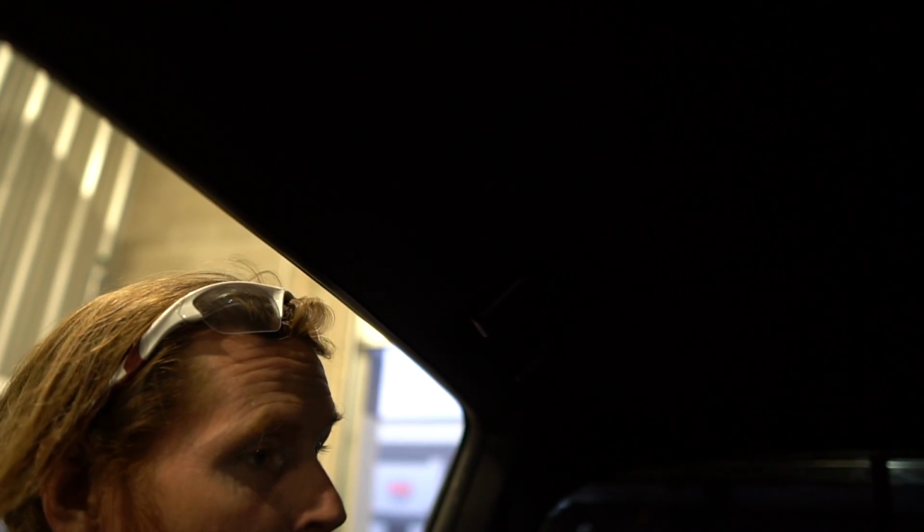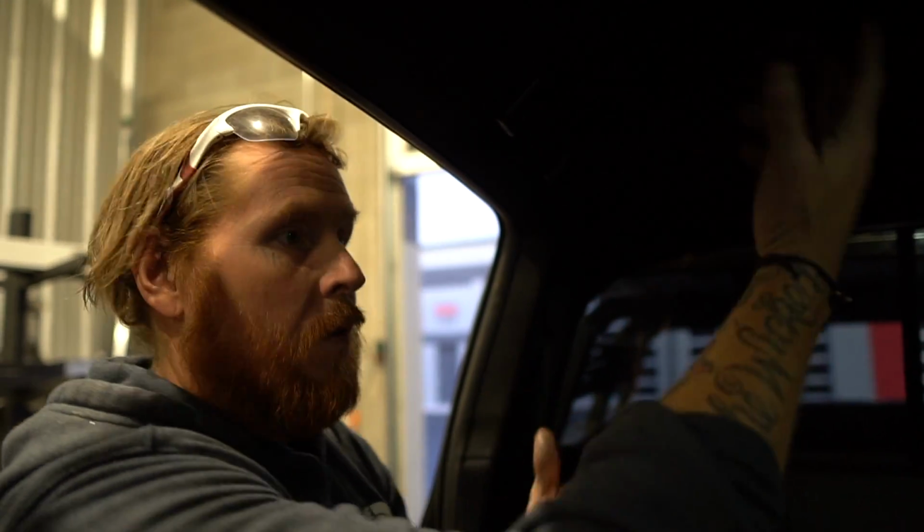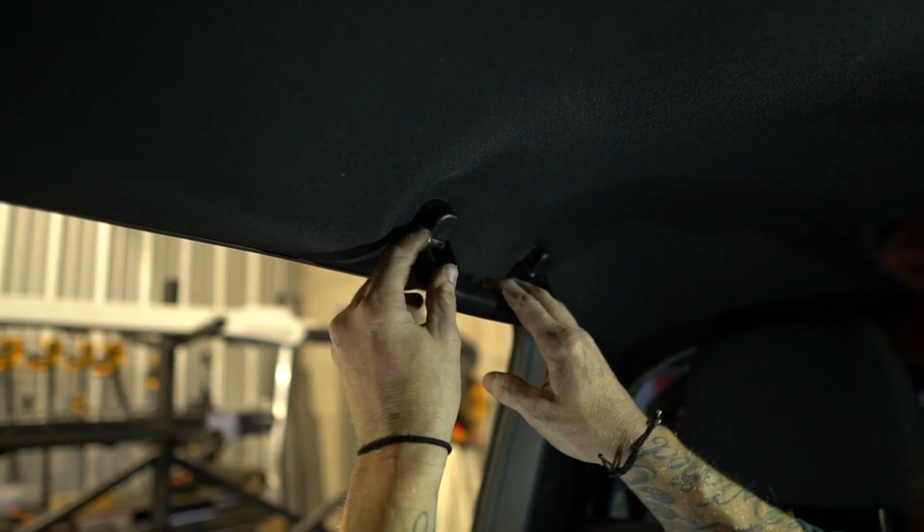So if you're like every other guy that takes his truck apart and throws everything in one big cup and you go to put this back together later, count them, right? You'll have 4 metal clips that are exactly the same and 2 that are a little bit different. The 2 go to the 2, the 4 go to these. Okay? All right, so